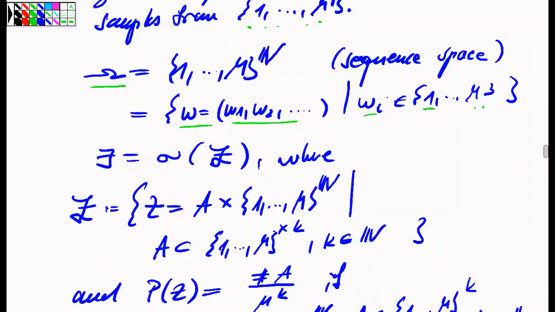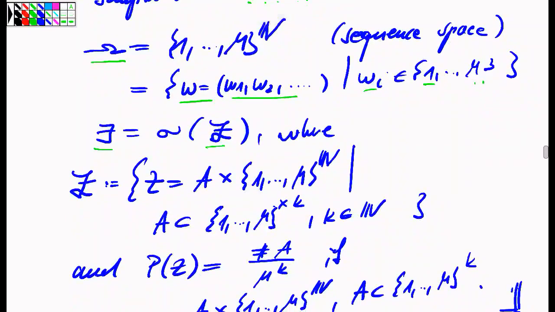So the sigma field which I will use is the sigma field which is generated by the so-called cylinder sets. And if I talk about the sigma field which is generated by a certain set of sets, I do a similar thing as in the case of the Borel sigma field. I'm saying it is the smallest sigma field which is still so big that it contains the given generating subset. So here I want to consider as a set of events the sigma-algebra, or the sigma field, which is generated by the so-called cylinder sets. And a cylinder set is a set of sequences which is determined or defined only by looking at finitely many coordinates